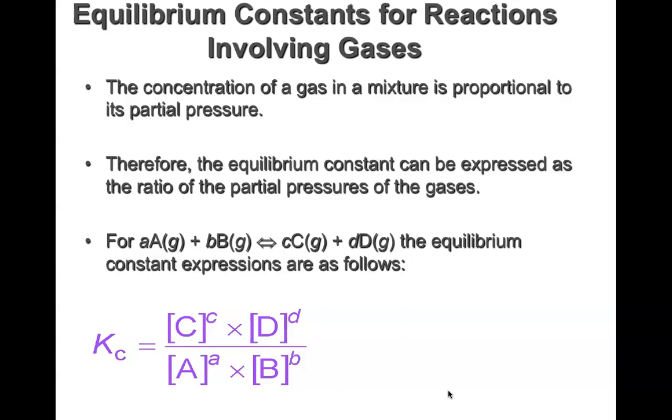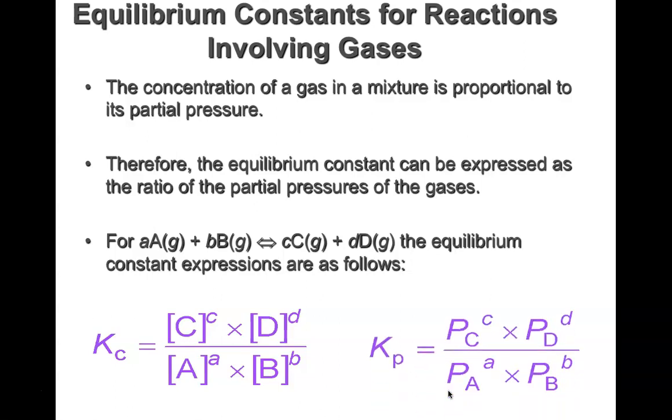Now, K sub C, concentration. K sub P, as in Paul or pressure, is in terms of pressures. Now, College Board invariably will ask you to write this expression based on the reaction that is given. If it's molarities, you write the one on the left. If it is pressures, they're going to expect you to write the one that's on the right, and maybe using